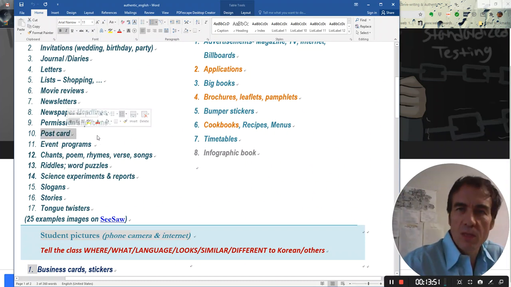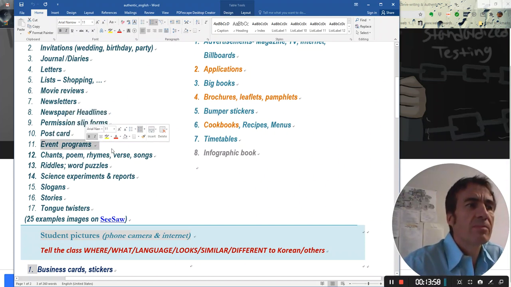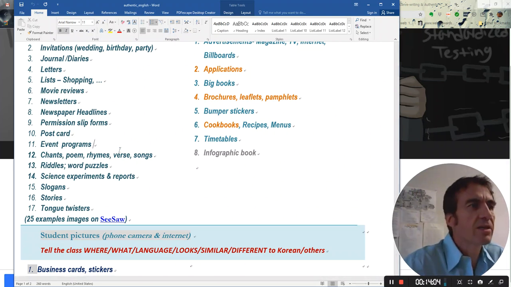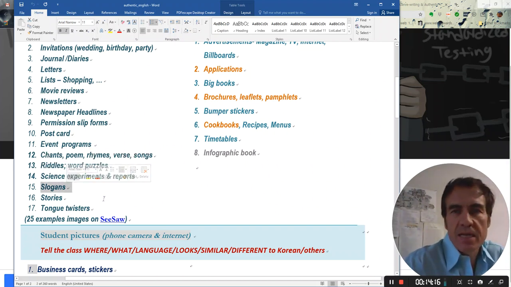Postcards from a holiday where you say, hi everyone, I'm in the sun and you're not. Event programs. So if you're having some gathering, if it's teaching, it could be a teaching program. Here's what we're going to be looking at today. Chants, poems, riddles, puzzles, experiments, slogans, Nike, just do it,